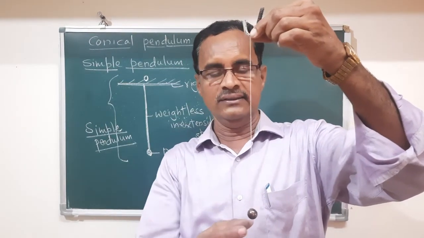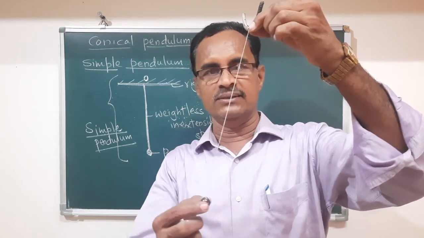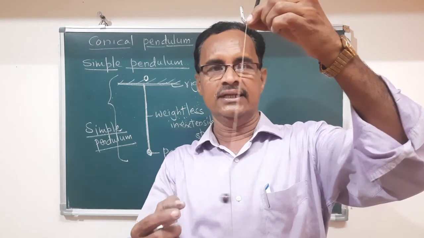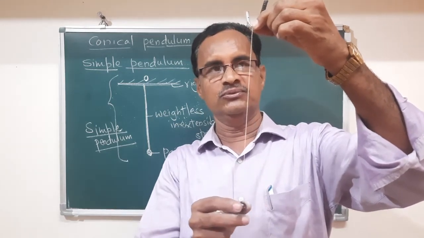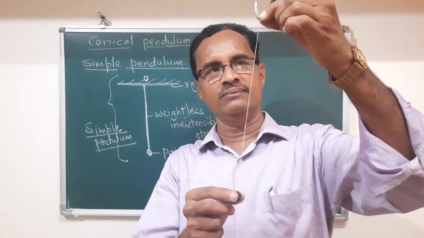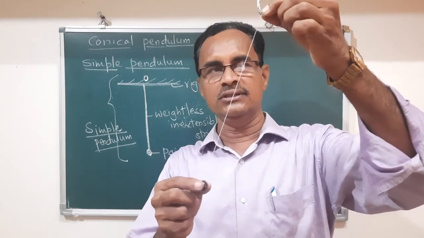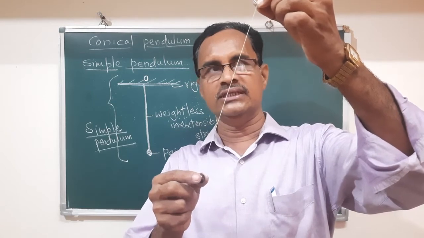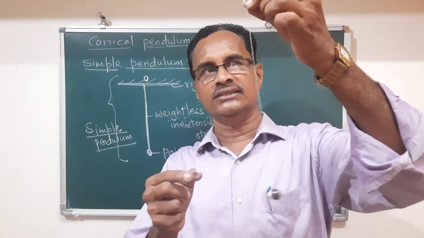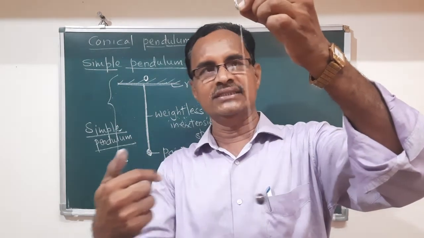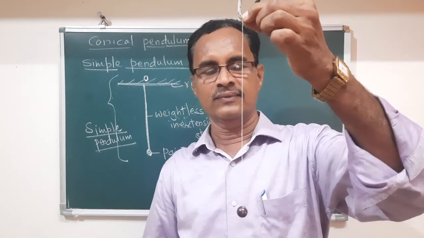Okay. Now when we move this point mass to one of the extreme positions and release it, then it performs a straight line path. Suppose we pull this point mass to the extreme position, then it makes some angle at the point of suspension, and when it is released from this extreme position, it goes through the mean position to the other extreme position, and the path is a straight line. Okay. Now this is a simple pendulum.